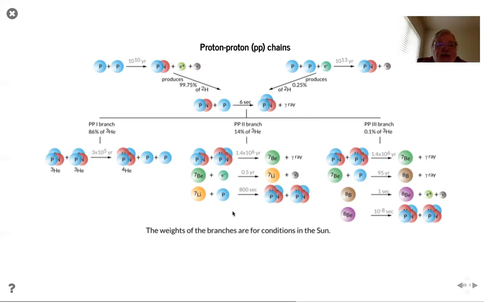I'm sure you're probably also familiar with these chains. These chains work in solar type stars, for instance, in the sun. So they work at lower temperature, and at higher temperatures,